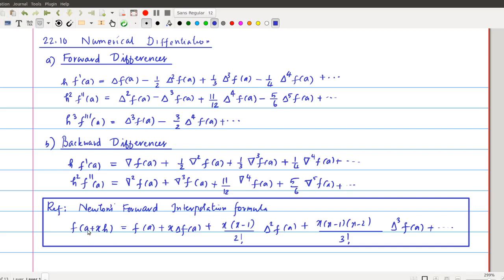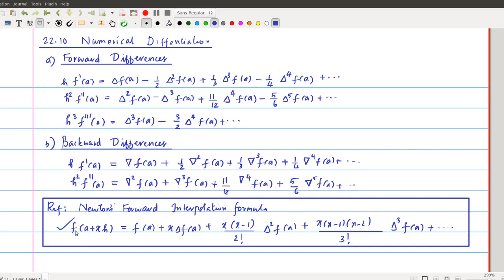So that is from Newton's forward interpolation formula. You must know this one by heart; we discussed this earlier. f of a plus x times h equals f of a plus x times del f of a plus x into x minus 1 into del square f of a plus etc. If you differentiate this expression with respect to x, then you will get